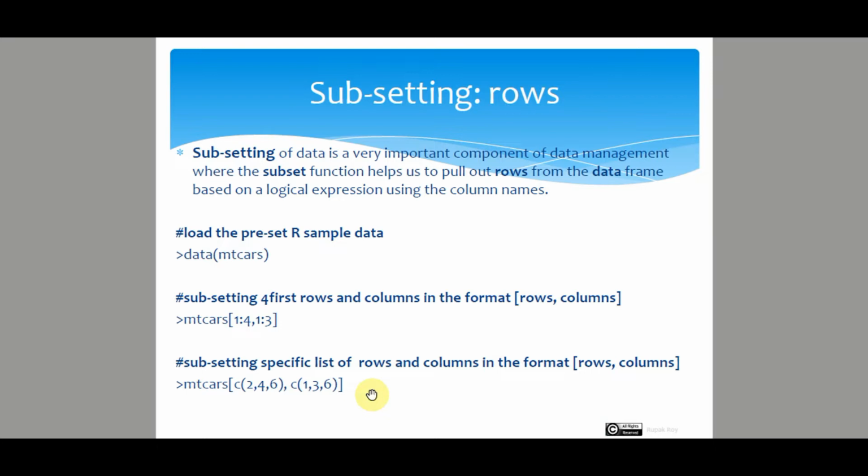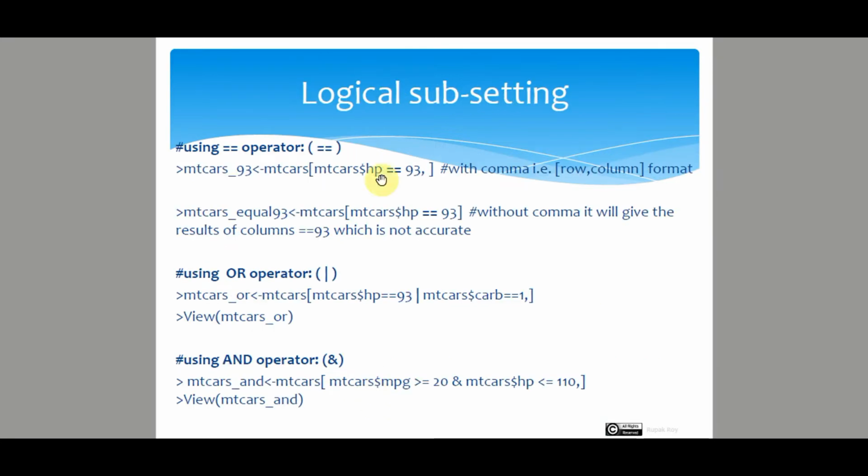We can do the same by applying a logical expression. For example, using the equal to operator to subset rows which have horsepower HP 93. Now I have listed the same code with and without the comma to give you an idea what the result will be if we don't use the comma. The comma indicates row and column format, just like we did in our previous examples. Else, if we don't use the comma, it will indicate the data mtcars whose columns is equal to 93,